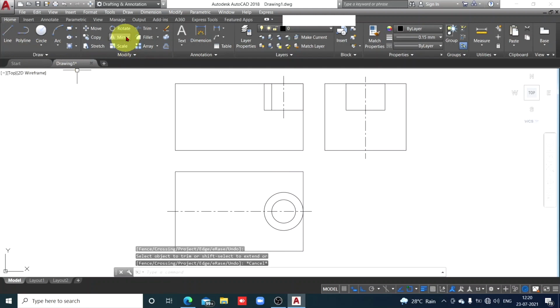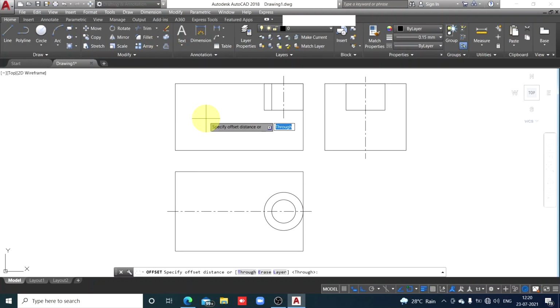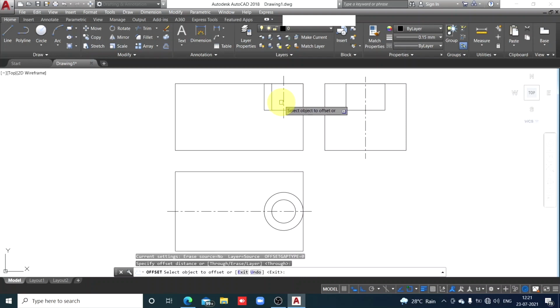Okay, and now I'll copy this line. You can use the offset command also. Check here how you can use the offset command. Here it is. I have offset. Is it through a particular point? Yes. So offset, enter. Now you will get the parallel line from the selected point through that point. Now select the object to offset. So I have selected it. And through which point? Through this right end of the cylinder. I have selected, and we got it there.